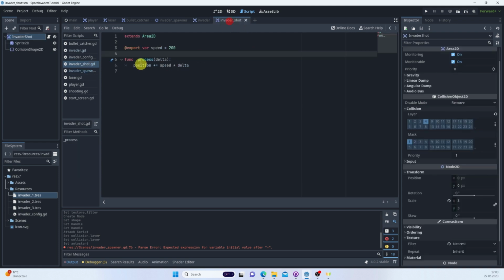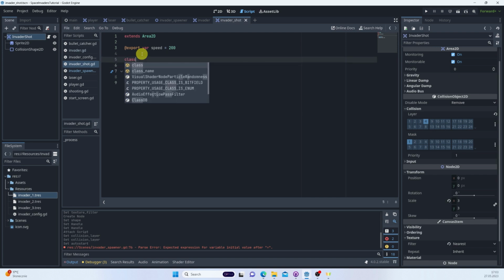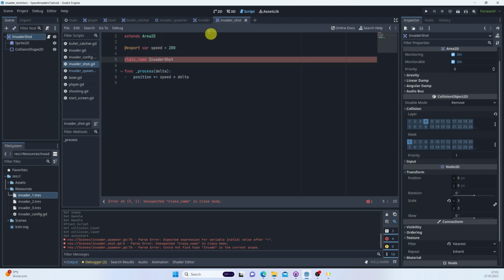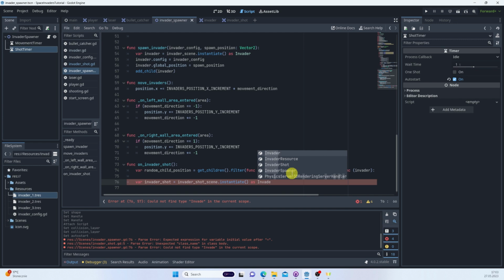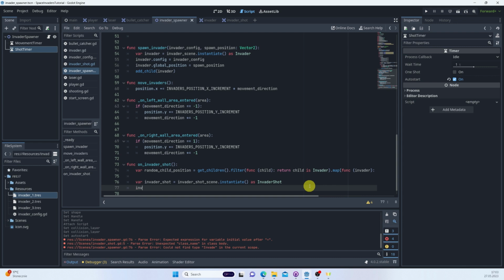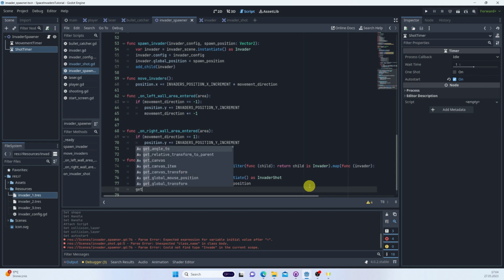Oh, we need a class name. Invader shot, and I like adding this just to make everything clearer. What do you want from me? In class body. Okay, so this has to be above. Invader shot, cool. And then I can just say invader shot global position is equal to random child position, get